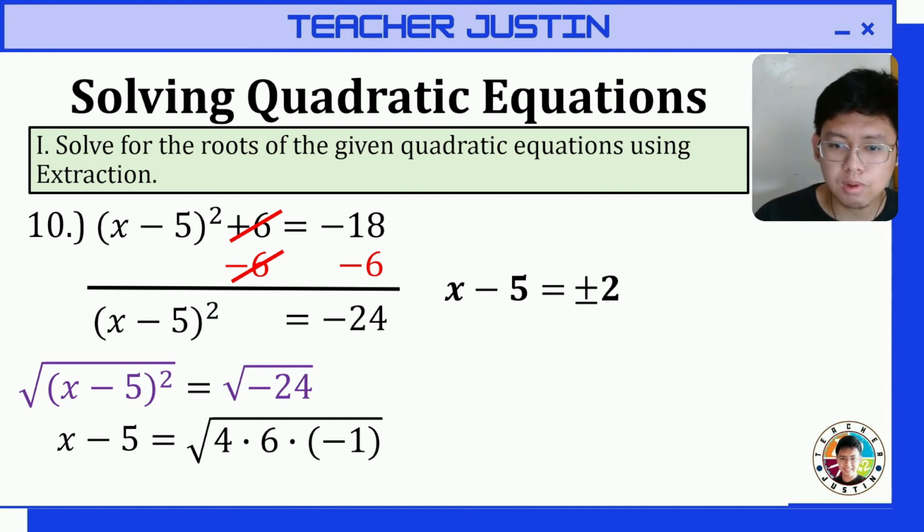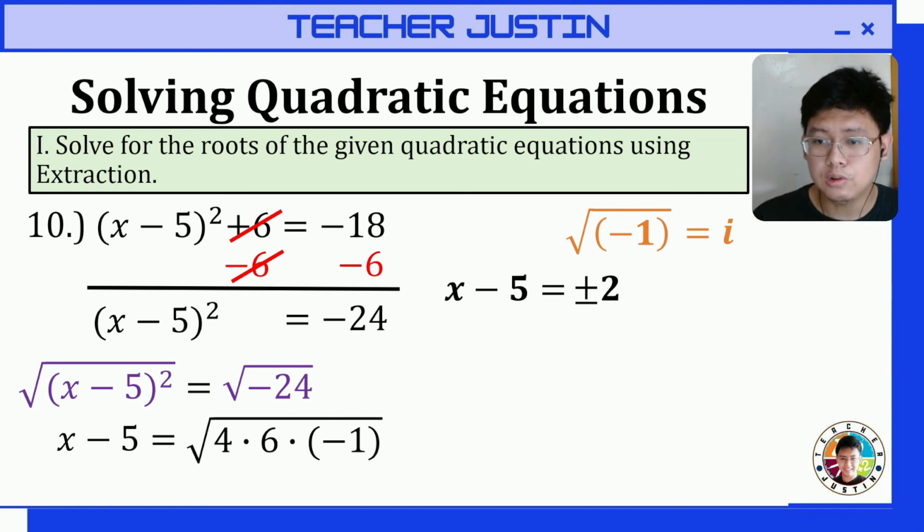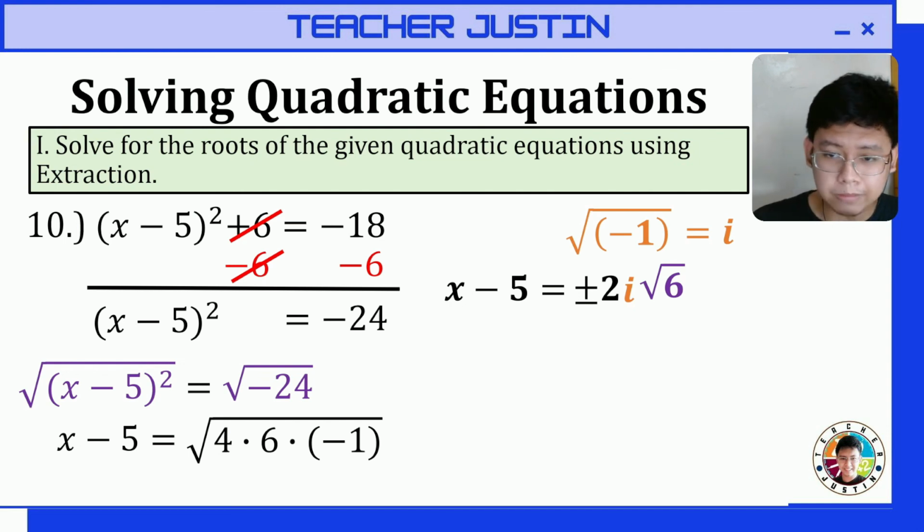Tapos, let's get the square root of negative 1. So, the square root of negative 1 will give us an imaginary unit. So, it will be equal to i. Tapos, square root of 6 will be square root of 6. So, hindi na natin masisimplify yung square root of 6. Now that we have the simplified form of square root of negative 24,